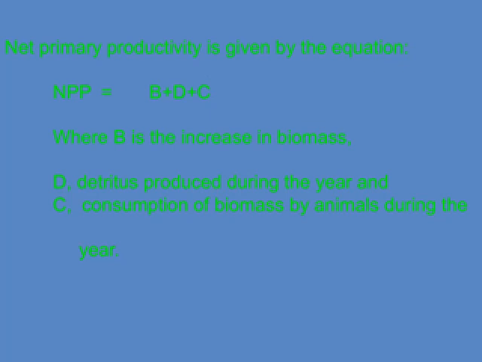Net primary productivity, or NPP, is given by this simple equation. NPP equals B plus D plus C. Now, let's break down what each of these components means. B is the increase in biomass, so it's basically how much new plant material is being produced over a certain period. D stands for detritus, which is the organic matter like fallen leaves and dead organisms that are produced during the year. And C is the consumption of biomass by animals, so it's how much plant material is being eaten